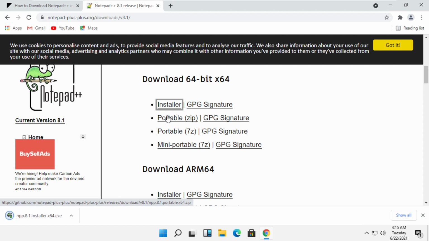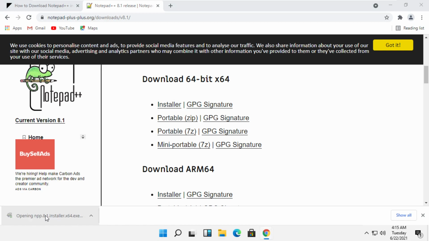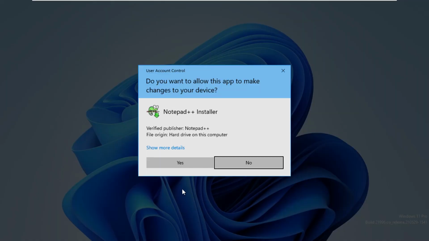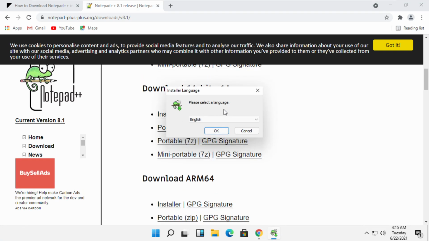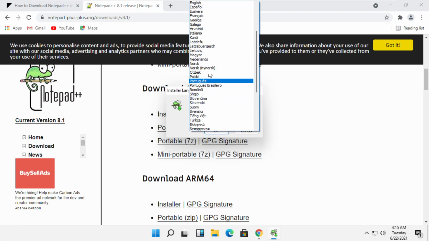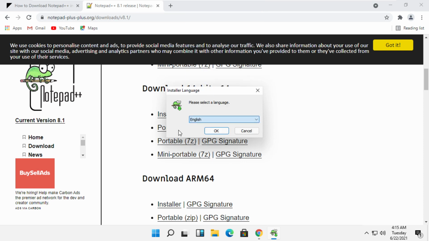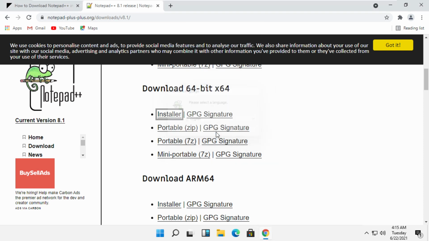Once done, simply click on the executable file and then start the installation process. So click here, then select Yes. Now you need to select language. Okay, so click on OK,